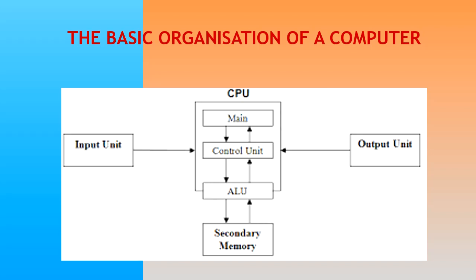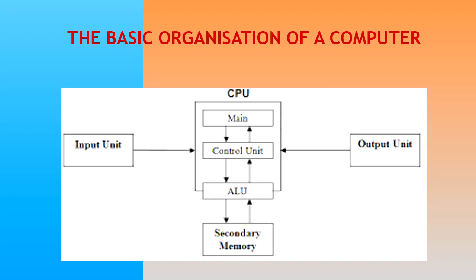CPU is basically a very small silicon chip which is also called a microprocessor. It is placed inside the CPU cabinet. This microprocessor chip contains millions of transistors. It is a type of integrated chip. The speed of CPU is determined by the number of instructions it executes per second. The unit of this measurement is megahertz.